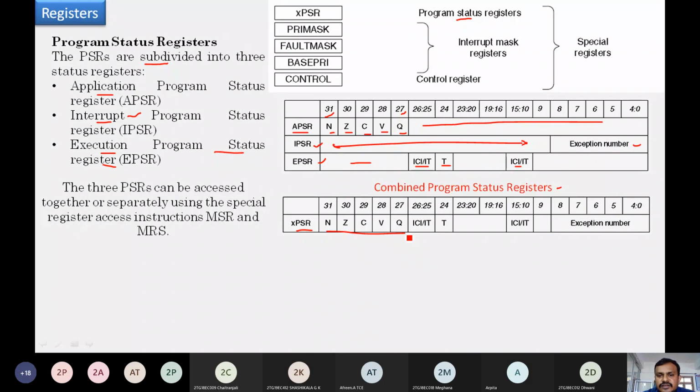That is the APSR. If I concentrate only on the bits from 0 to 8, I am concentrating on IPSR. If I access the bits from 10 to 15 and 24, 25, 26, then I am accessing the EPSR register.